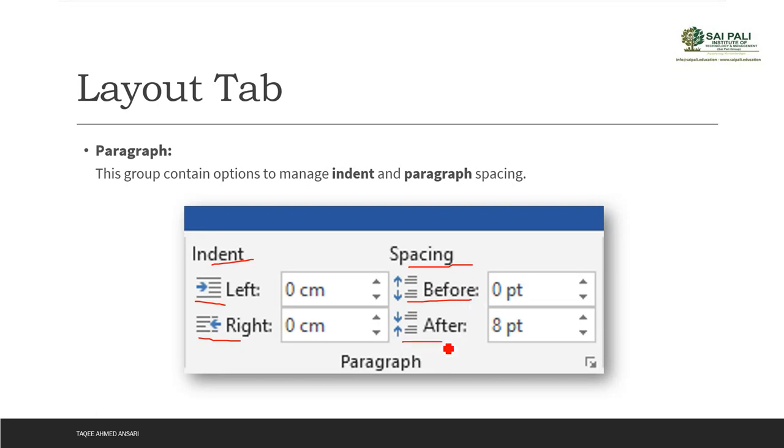But there it will add automatically. It will not give you the option of how much space you want, how much indent you want, how much space you want after and before the paragraph. That you can do here manually by using these points one by one. You can decide exactly the space you want from this group.